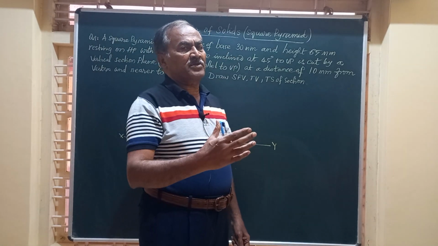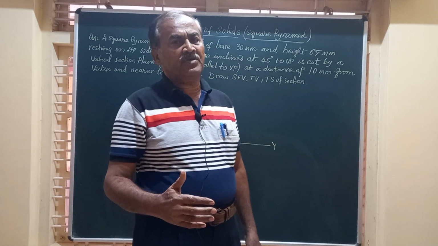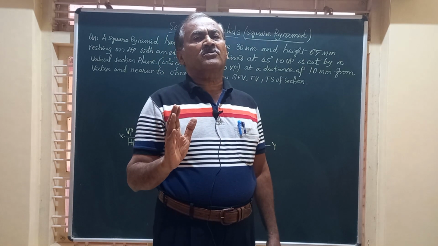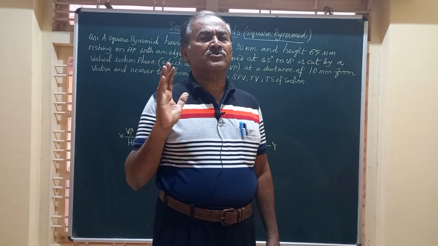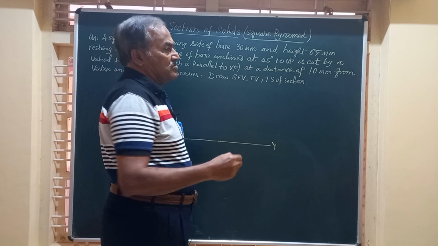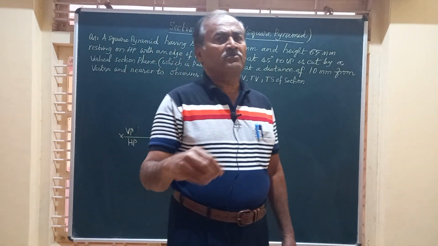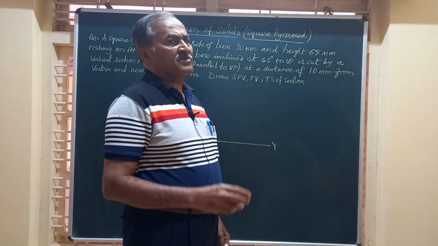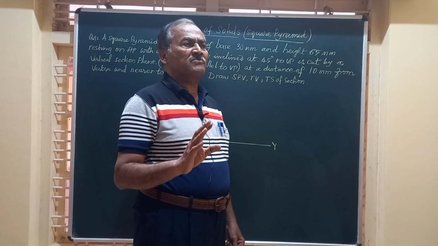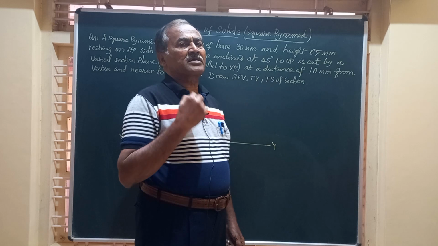So there is a square pyramid, it is resting on HP such that one of the base edges is at an angle of 45 degrees to VP. It is cut by a section plane. The section plane we will think over later. First of all, let me write down the top and front views of the pyramid for the given condition of